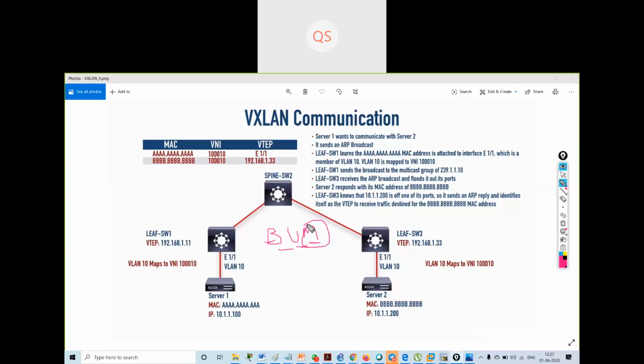If we are using multicast, the different VTEP IP addresses will join a multicast group. You might be wondering whether we have to have a multicast group for each VNI.